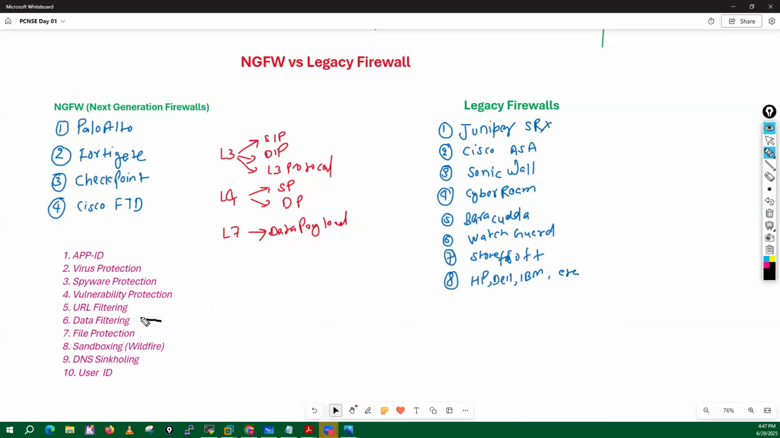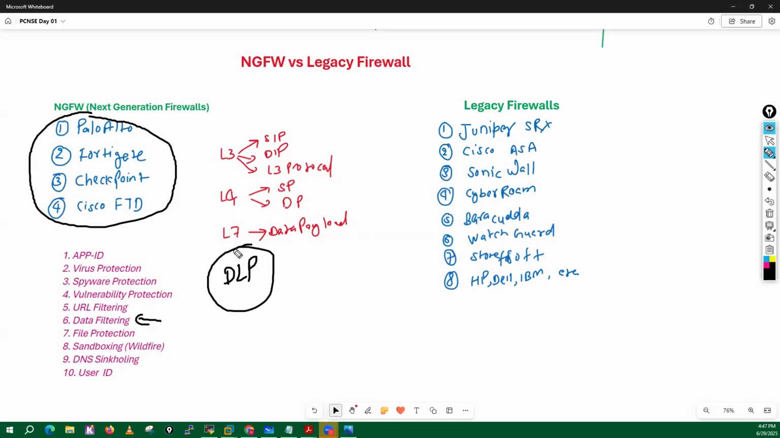Then we have data filtering. So let me tell you guys one thing. See, those particular firewalls are not a pure DLP device. They are not a pure DLP device. They cannot provide a pure DLP solution like other DLP solutions, such as Trend Micro,